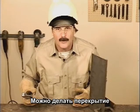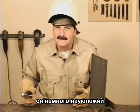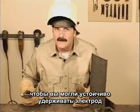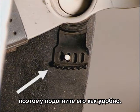That leaves us with overhead, straight up and down. Overhead is about the same as welding flat, just a little more awkward. The real challenge is to find a comfortable position so you can keep the rod steady. Your welding hood should have an adjuster to help hold it up,